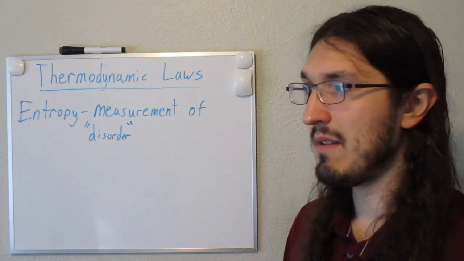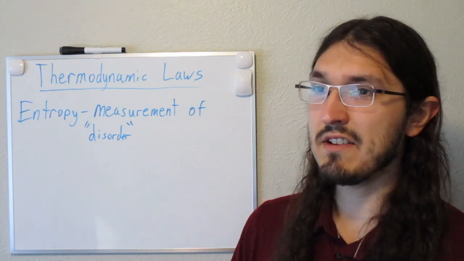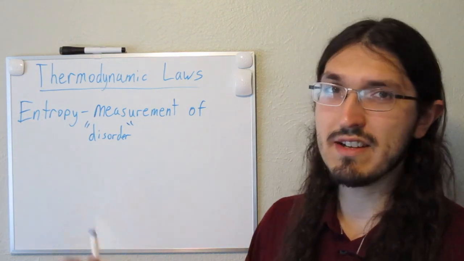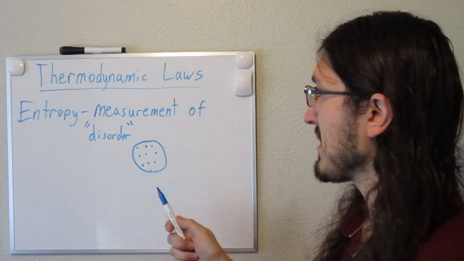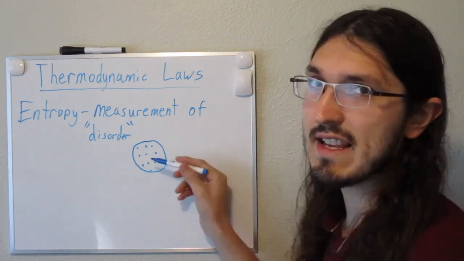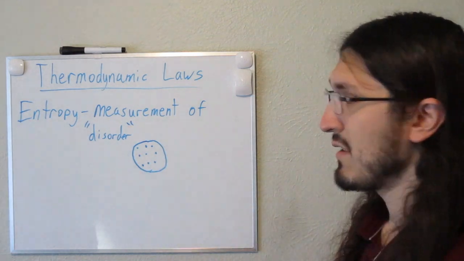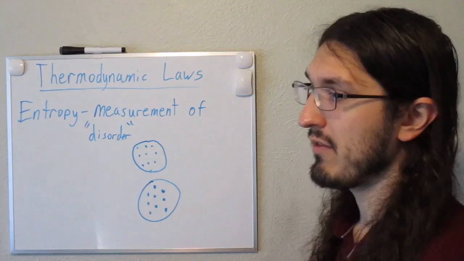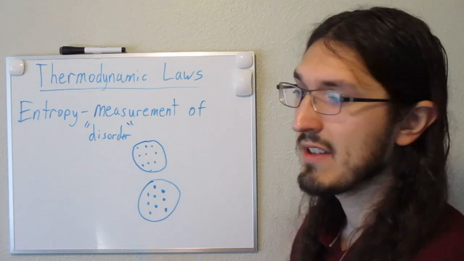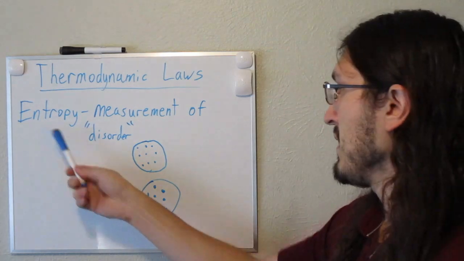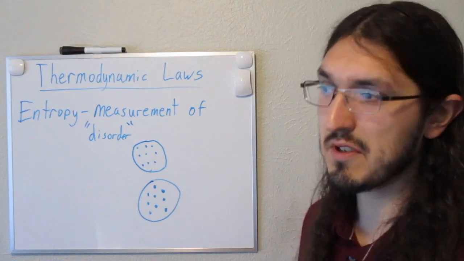And I'm not going to get too deep into that, but I'll just explain that entropy describes the number of configurations that are equally probable to exist in a certain closed system. So for example, if I have a balloon with some gas in it, entropy is going to describe how many different configurations the gas molecules can occupy in the space of the balloon. It can occupy space in this way, or maybe this way, or any other type of configuration. Entropy is going to describe how many different configurations are possible with that system. So the higher the entropy, the more different states that system can occupy. In other words, the more disordered that system can be.